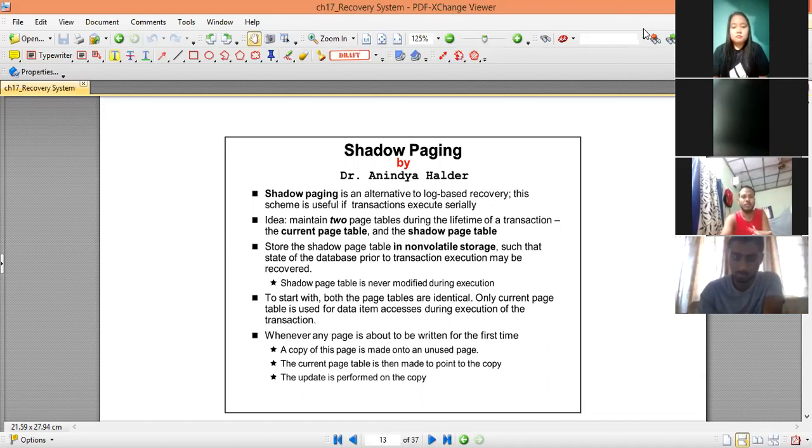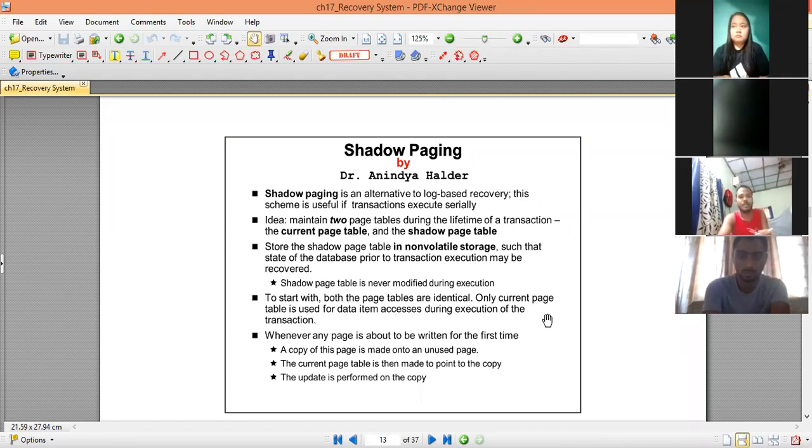The shadow paging policy stores the page tables in a non-volatile storage such that the state of the database prior to transaction execution may be recovered in case of failure. The shadow page table is never modified during the execution of the transaction. So to start with, when the transaction has just started executing, both the page tables are identical.